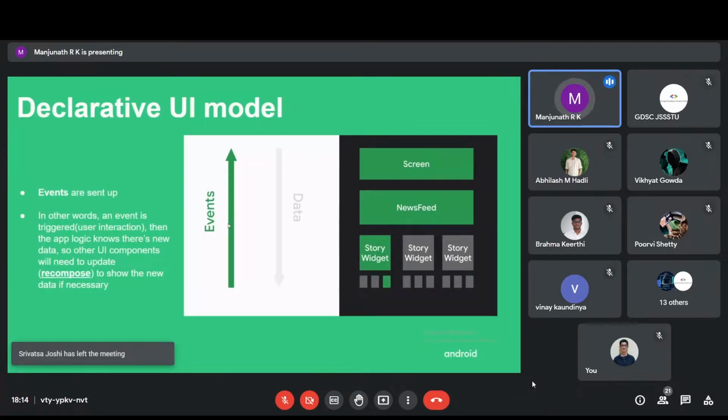So you can think of events like some interactions. It could be something like clicking on the button or some gesture on the screen and so on. So basically, events will be sent up the hierarchy, right? So in other words,